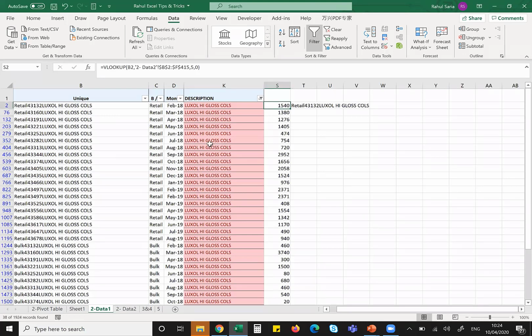We used VLOOKUP, right? Similarly, there is something called HLOOKUP, horizontal lookup. The problem with VLOOKUP is that it always moves from left to right. For example, we had our uniques created on the left side. I created a unique even on this sheet, even on this column, but I could not use this. The reason being, lookup always moves from left to right. I cannot use a data point on the right side of my data and actually use it for doing a VLOOKUP.